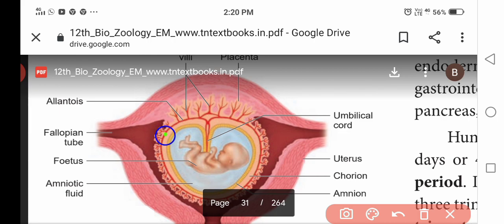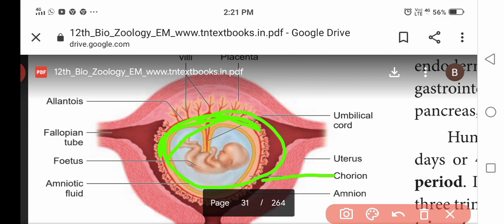It is a pocket-like stretch. What does the allantois look like? It is a pocket-like stretch at the caudal end of the yolk sac. Next, the umbilical cord will be produced. The umbilical cord runs from the embryo to the placenta and the mother. The placenta connects the mother and the fetus. It gives nutrition from the mother to the fetus, only through the placenta.